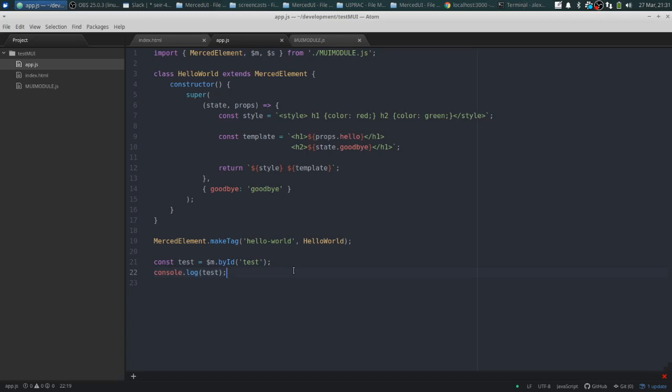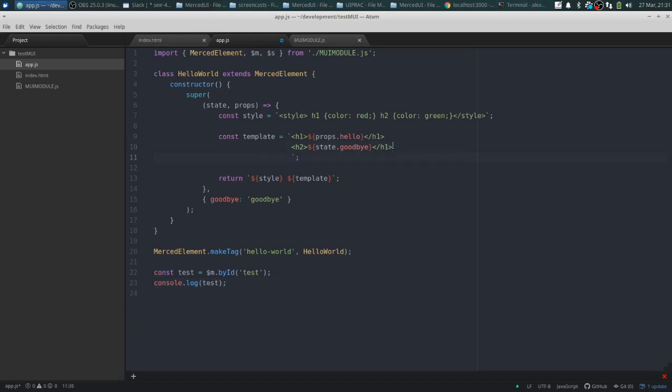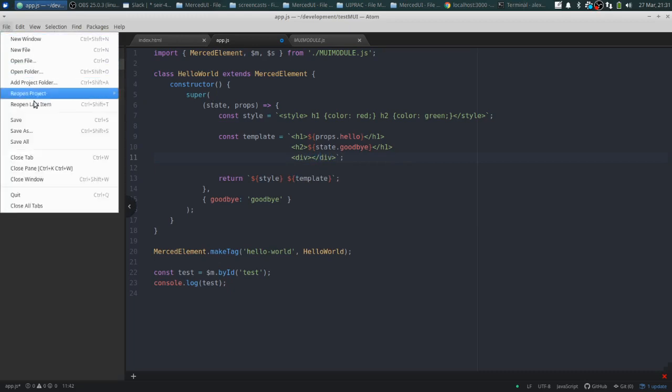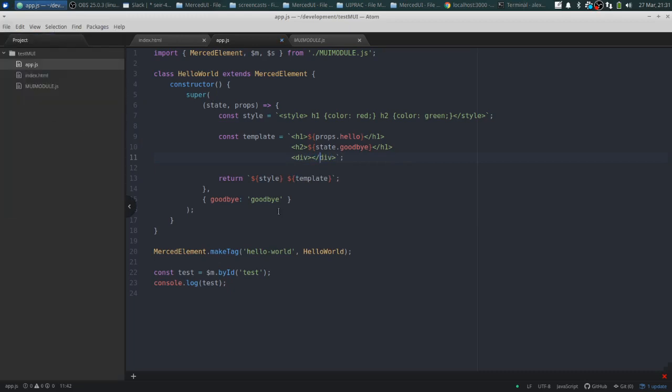Or actually, what I'll do is I'll create a div. We'll play around with it. I'll put a div in there for me to grab. Planning ahead. But this is a shadow DOM, which means I cannot grab this div from the normal DOM. So I can't use that $M. I couldn't use document.getElementById because a component's elements are in its shadow DOM,